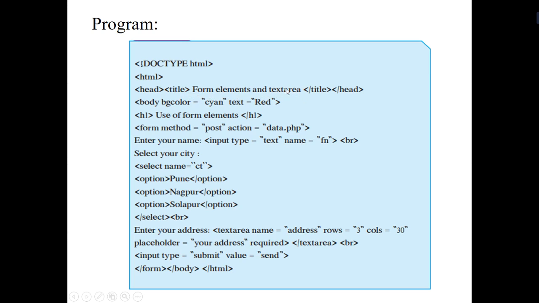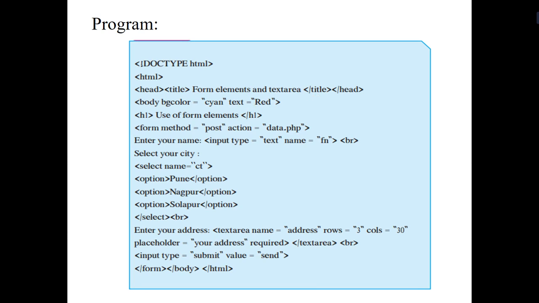Once our title is completed, the title tag which is open over here is closed by using /title. So in this way we have completed assigning the title for our program. The title tag is closed and the head section which is open over here gets closed over here. It means once your title is completed, your title tag is closed and your head section is completed. So whatever head tag is open, that is closed by using /head. In this way, remember, in HTML every opening tag has a closing tag. Hence HTML consists of different paired tags. There are some singular tags in which closing is not necessary, that we will see below.